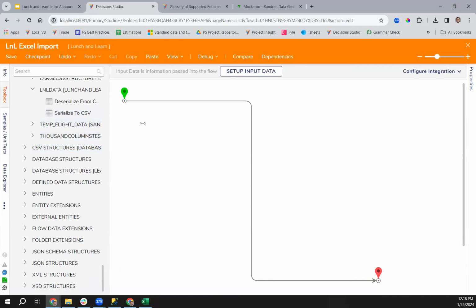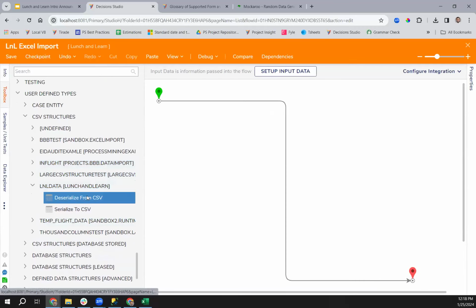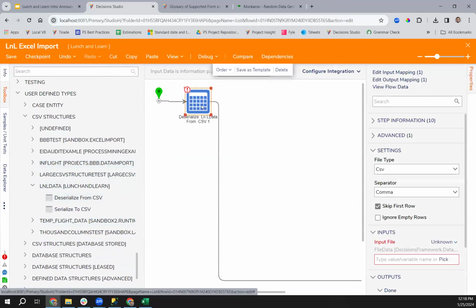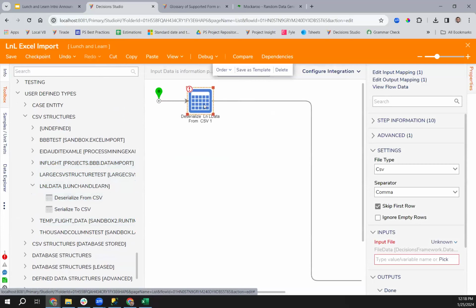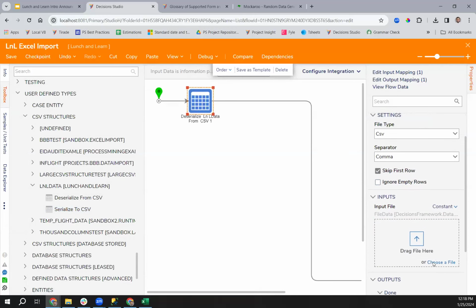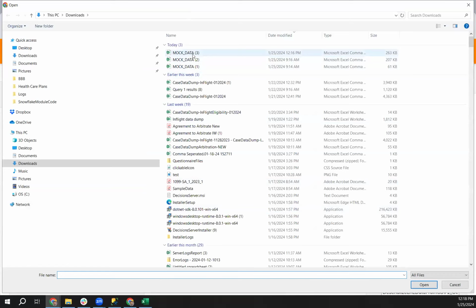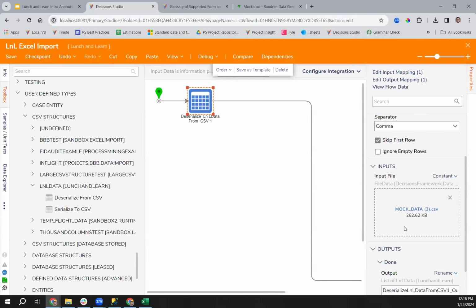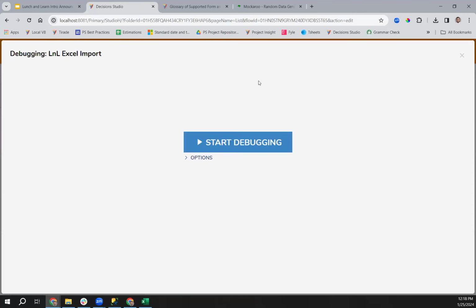And basically you'll get two steps here. You'll get a deserialize step, which will take in the file as an input and output your type that it generated for you. But you also have a serialize step. Let's say your process has built up this array of your data type. You can just pass that to the step and it'll serialize it to the CSV for you. So let's just choose a constant and let's choose the file we've just worked with here. Hit OK. Now if we were to debug it